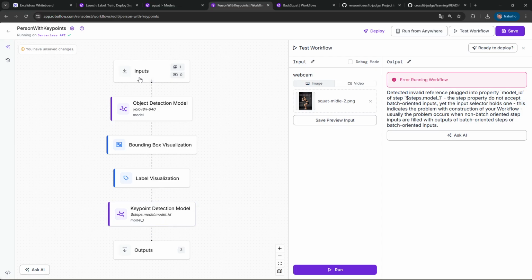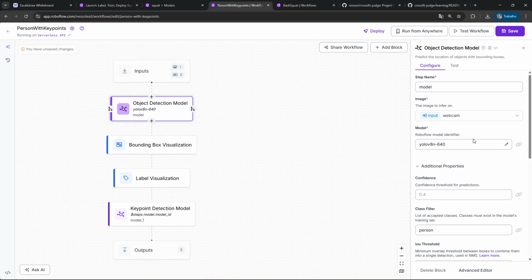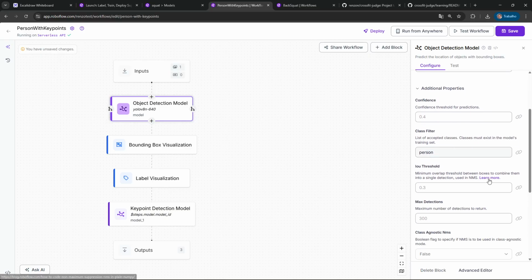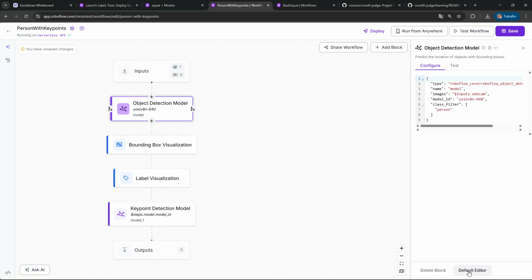It needs, you know, the input from here, from the image. I didn't find much documentation about that, but I checked that on the advanced editor, you have some inputs in here, like images from input webcam. I thought, okay, maybe I can use that to get the result that I want in here.